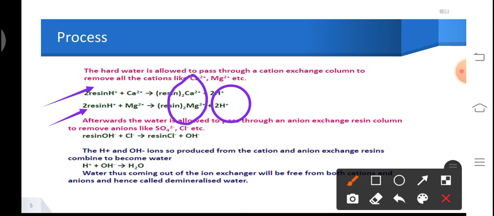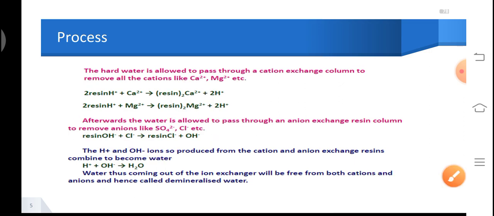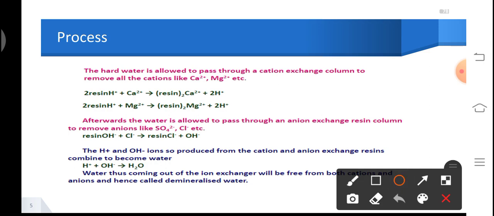Similarly, when the water is passed through the anion exchanger column, what happens? Here the anion exchanger contains a hydroxyl ion. This hydroxyl ion is going to remove the chlorides, sulfates or nitrates, that is, the negatively charged ions present inside the water. Finally, the negatively charged anions are attached to the resin, whereas the hydroxyl ion is removed. So in this way, when water is passed through the cation exchanger column, we get protons in the filtrate, and when water is passed through the anion exchanger column, we get hydroxyl ions in the filtrate. So finally, in the filtrate, we will have hydroxyl ions along with protons.